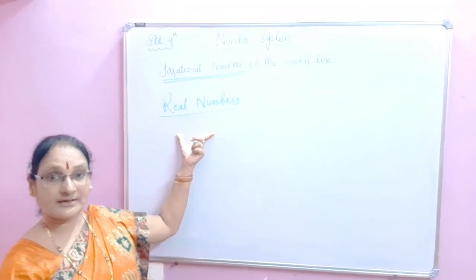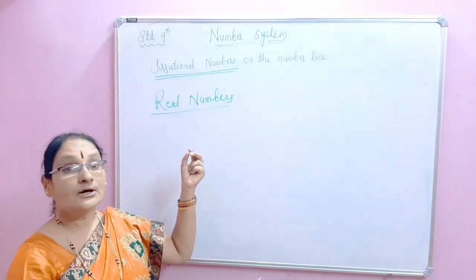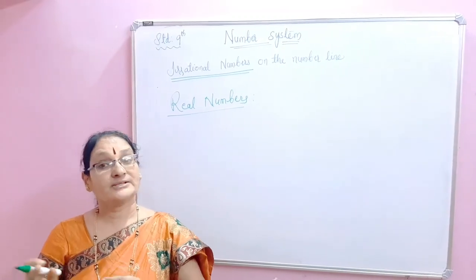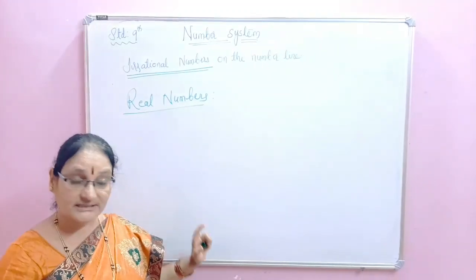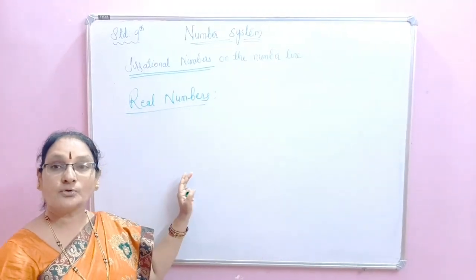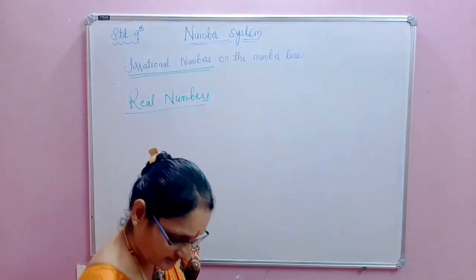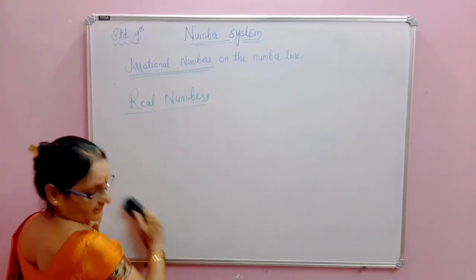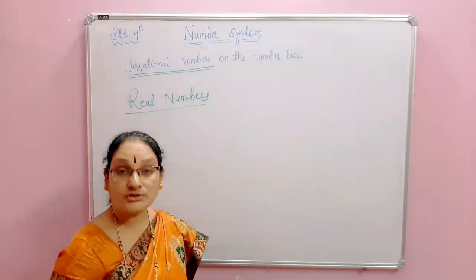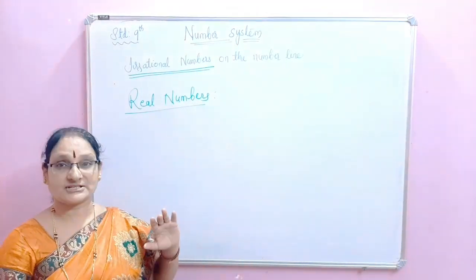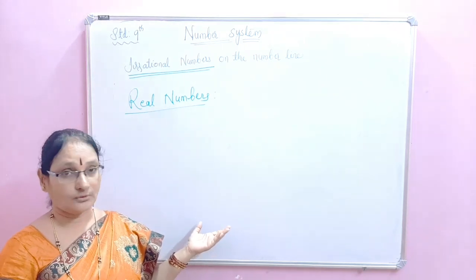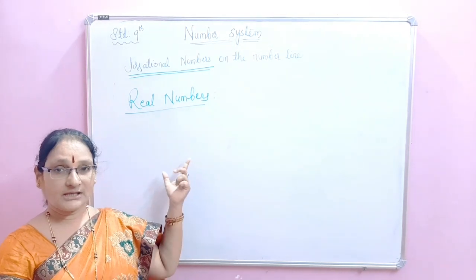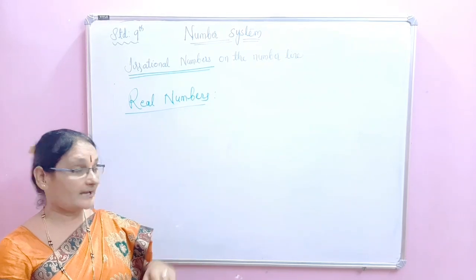Now we learn how to locate root 2, root 3, root 5, root 6 and so on, on the number line. Let us learn now how to locate root 2 on the number line. See students, very important. Now, is root 2 rational or irrational? That is irrational. Rational number location we know how to do on the number line. Irrational numbers, how to locate them on the number line, now I show.